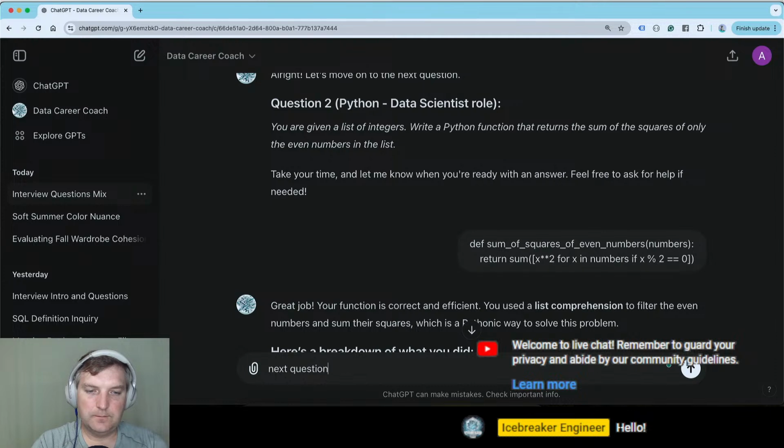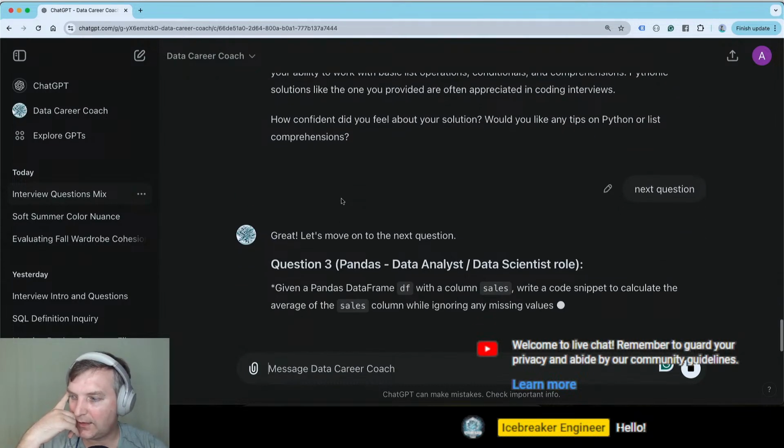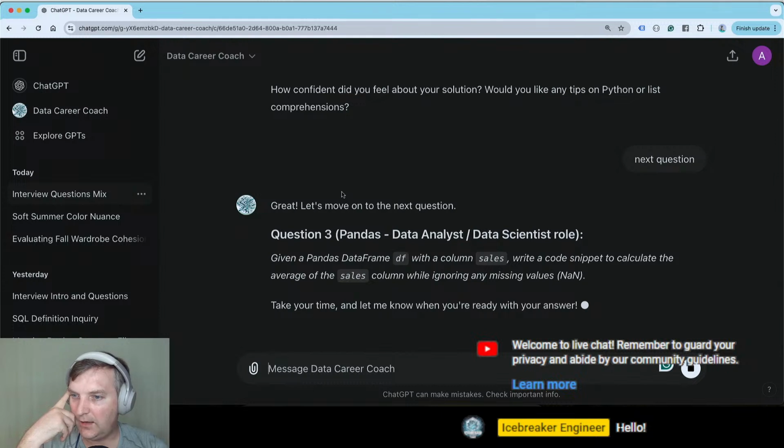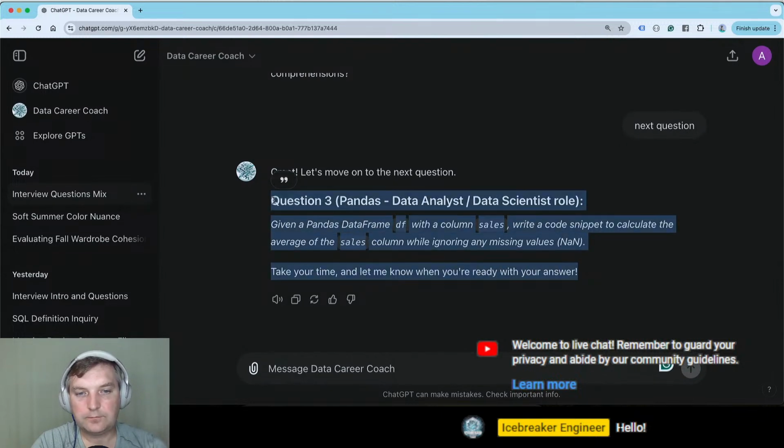Next question. This is interesting. I think it's an interesting concept: what's the purpose of asking all of these questions if at the end of the day you can just... In a pandas data frame we call them sales, write a code snippet to calculate the average of the sales column while ignoring any missing values. Right.